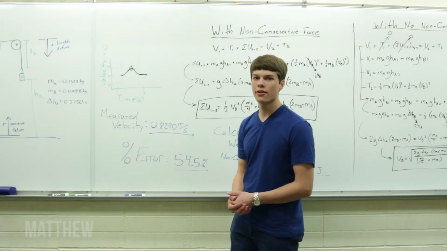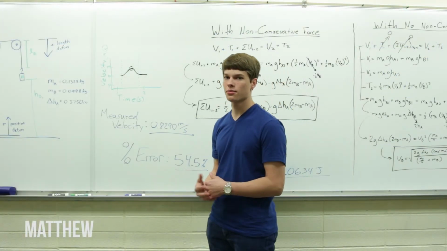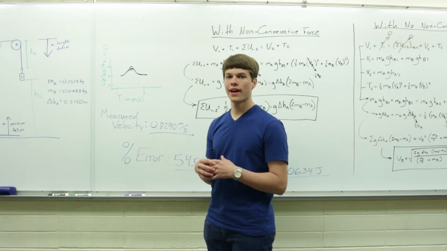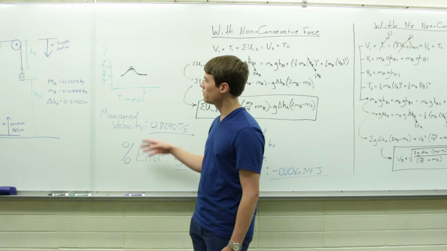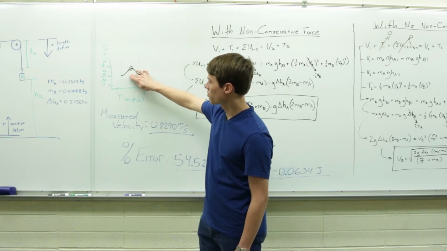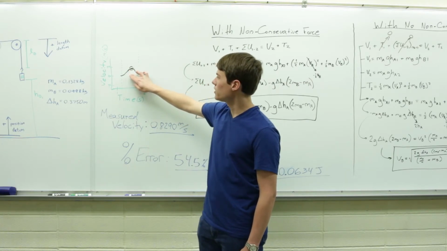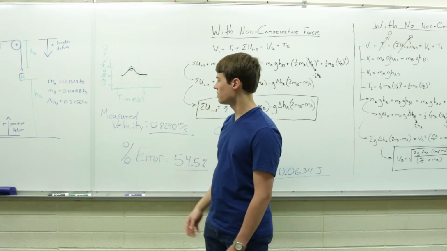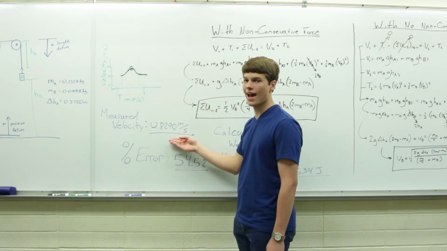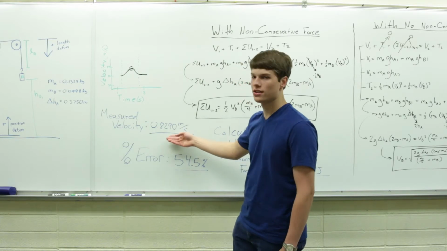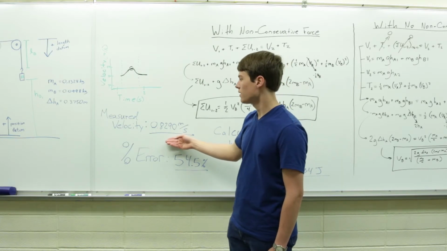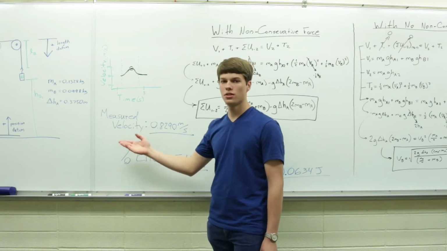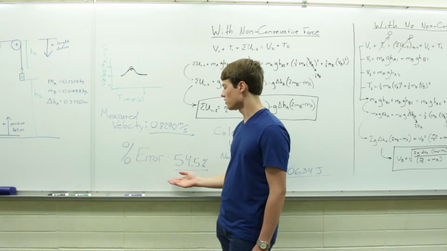I'm Matthew, and we're now going to discuss our results from our experiment. So the experiment that you saw Ellie run, we ran that experiment 10 times, and we found the max velocity in Logger Pro from each run. We then took our 10 measured velocities, added them together, and averaged them to get our measured velocity average, which is 0.8290 meters per second. Now, we then compared that to our calculated velocity, which is 1.28 meters per second, and there was a large percent error,